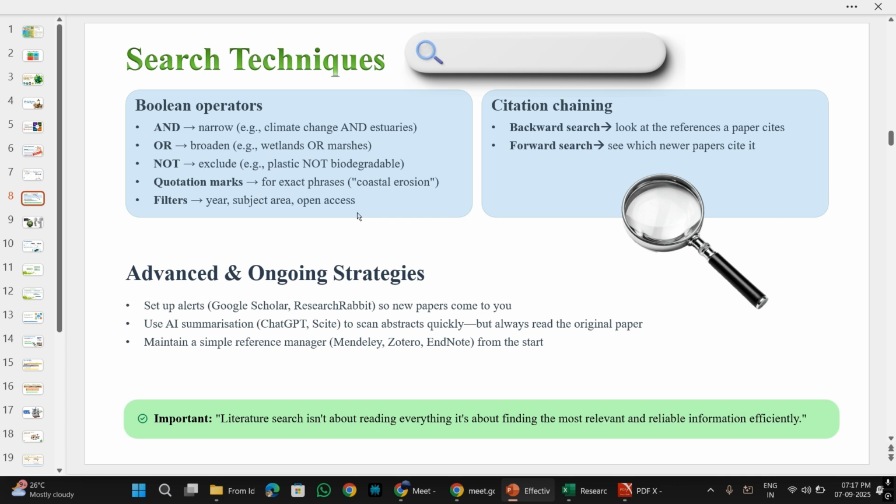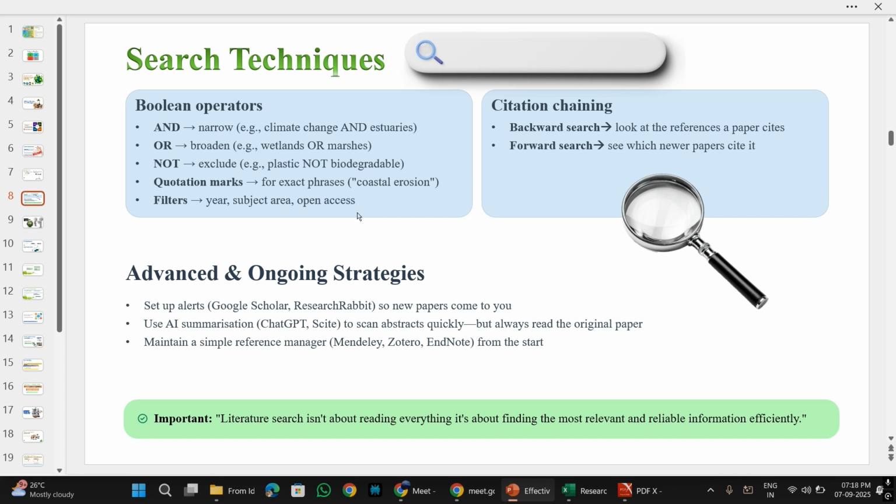No, the first is Boolean operator. Whenever you are searching for any literature, there are something called keywords. Any literature, any paper, any manuscript, any research article that you look at, there must be some keywords mentioned there. Even when it comes to your specific research question, you will be able to strongly associate your research question with some keywords. For example, if I am trying to study land use land cover change in Delhi for the last 10 years, or let's say 30 years, then what are the keywords that I can think of?